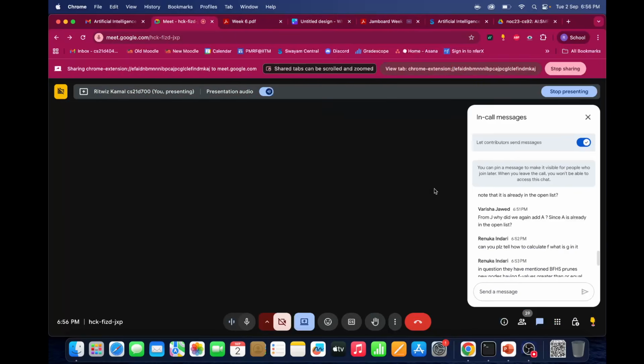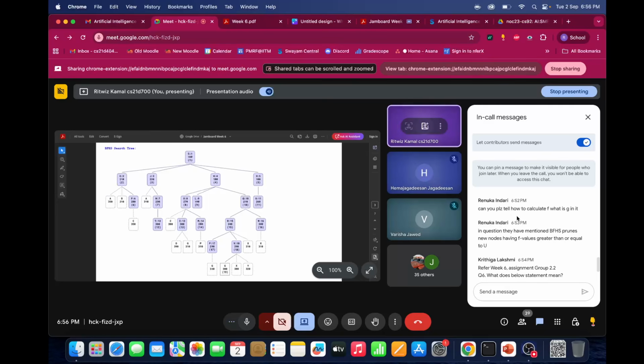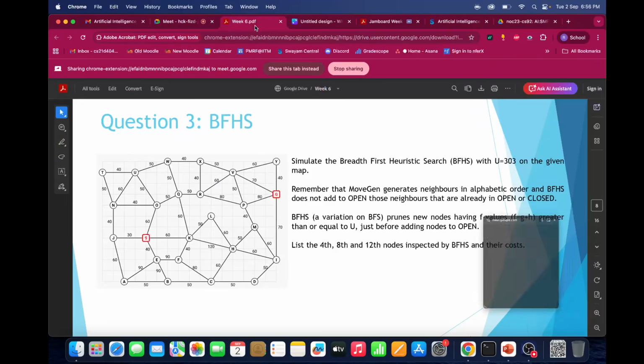Okay, so to answer a few more questions in the chat box. So how do we calculate F? It is calculated as G plus H. G is the actual cost of going from a node to an intermediate node, and H is the heuristic cost estimated with the intermediate node. For example,